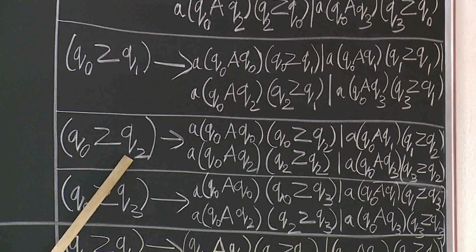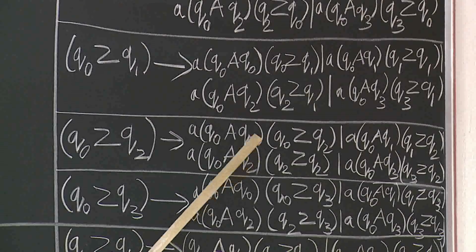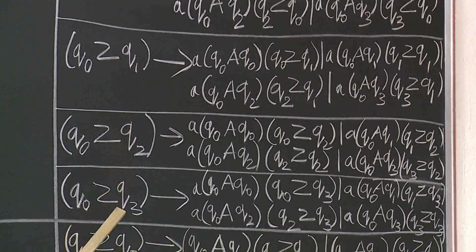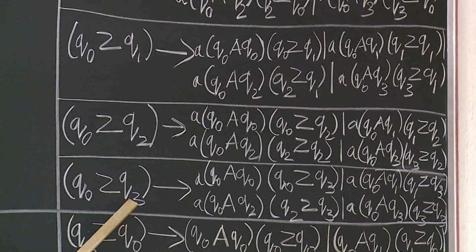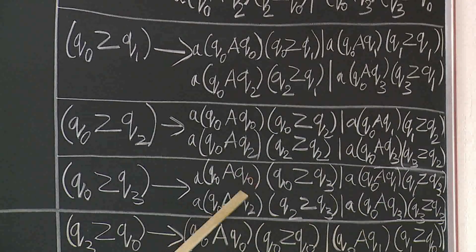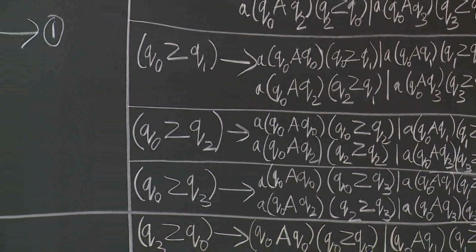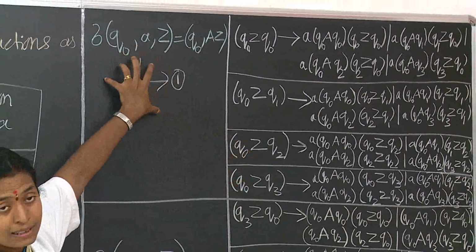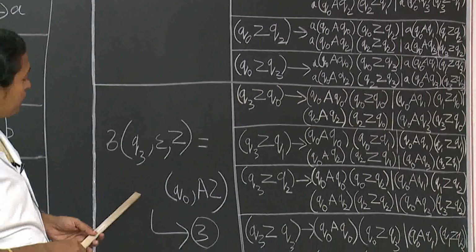Again we change the K value to 2, keeping this Q2 similar, and change the L value Q0, Q1, Q2, Q3. Again we keep the K value as 3 and change the L value 0, 1, 2, 3. For this transition we have produced all the possible productions. Next, for this transition we are going to convert the